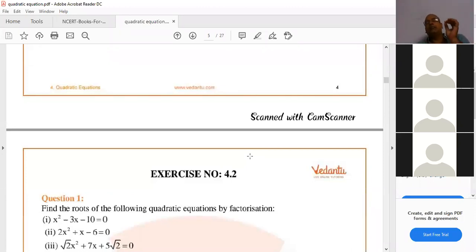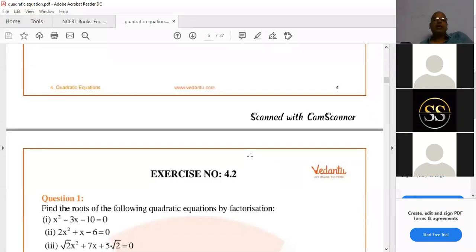NCERT is the best for CBSE. There is no other, and questions will not go beyond it. But the way of questioning is different. We can ask one question in different ways. If you practice well, you can understand that very well. So don't waste your time thinking you can directly write the UT test or directly write the first term. That's why you have to follow online classes properly. Understand? Is it clear, Amma?